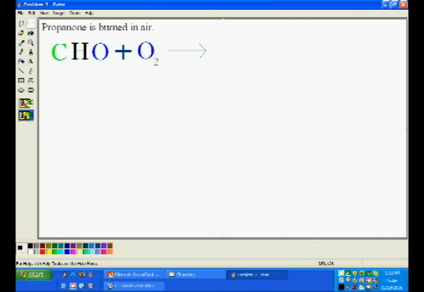Propanone is burned in air. So a first challenge is to figure out what propanone is. So, propanone is basically an organic material. We have to figure out what it is made of. Now, you see the prefix prop, that means you got 3 carbons. Let's just draw out our propanone here. Here's our 3 carbons. Alright, so this "one" suffix means it's a